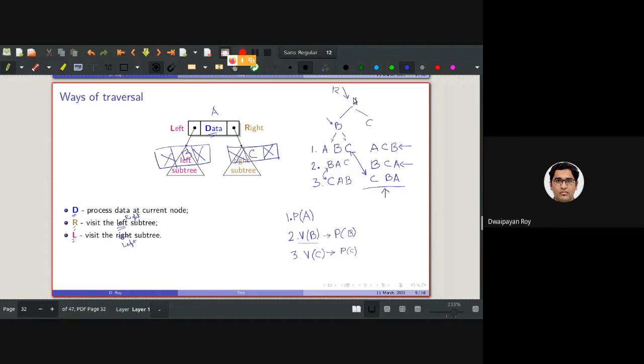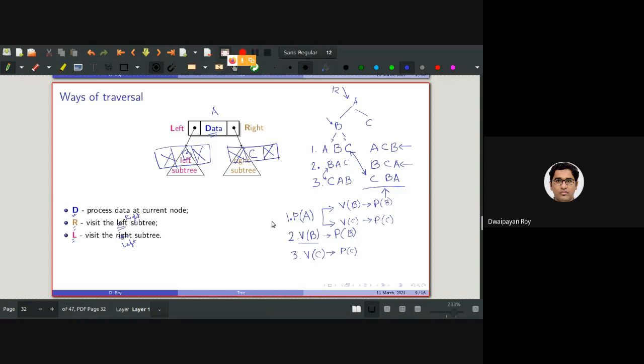Now, after processing A, the first option that I had, there are two options. I'm sure you know what the options are. The options are again visit B or visit C. So after visiting B, of course the immediate step will be processing B, as I have said, and after visiting C, the obvious step will be to process C. But consider this. Okay, let's complete this.